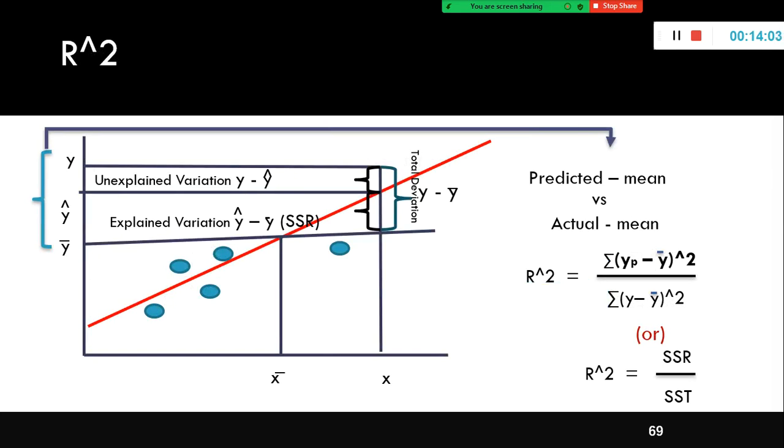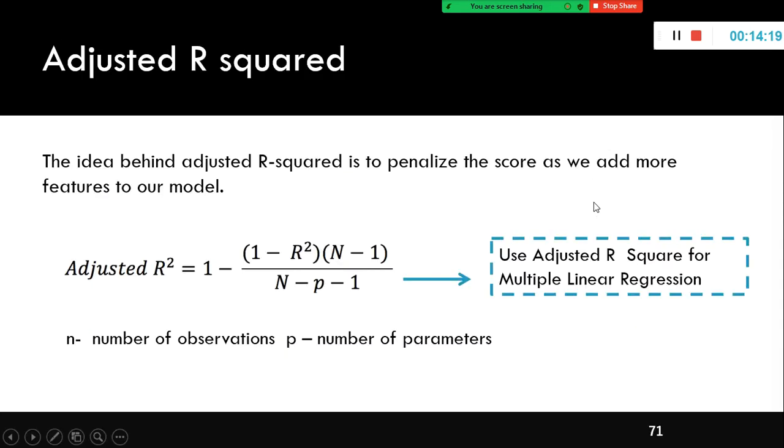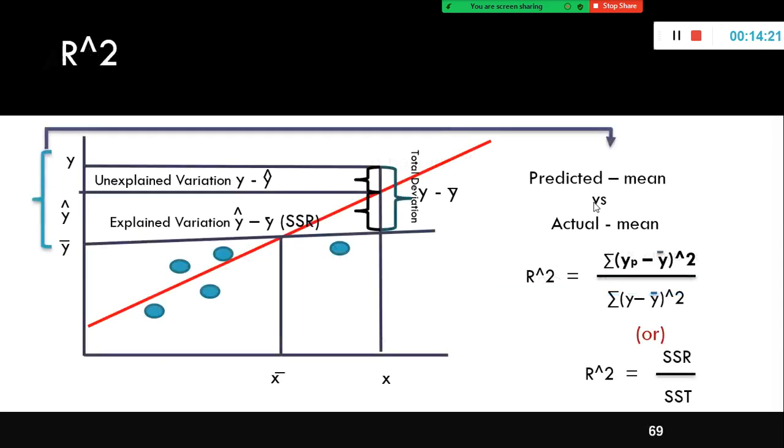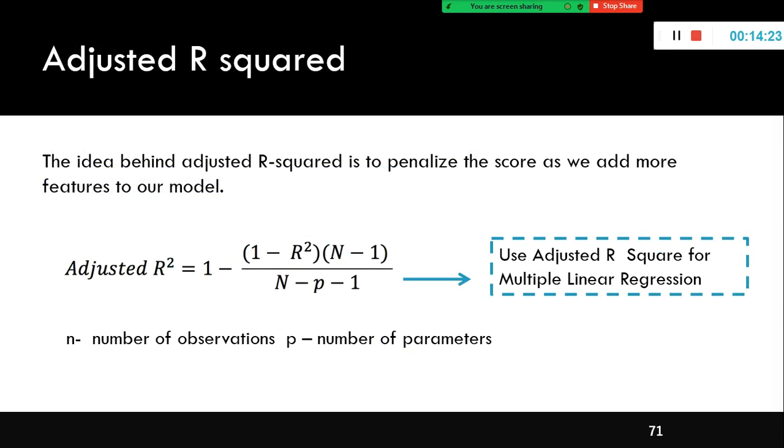Explained variation, unexplained variation. Explained variation plus unexplained variation. You remember the equation y is equal to beta naught plus beta 1 into x. That is your explained variation, plus the error is the unexplained variation. We can say it that way also. But this is how the R squared value is computed, SSR divided by SST or TSS.